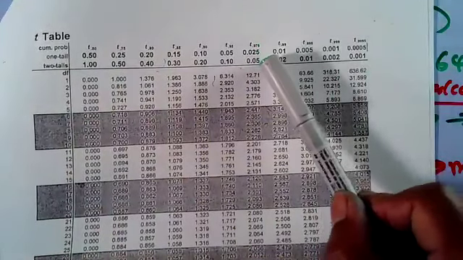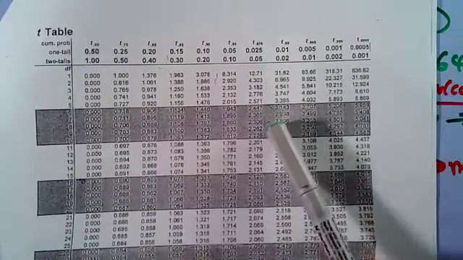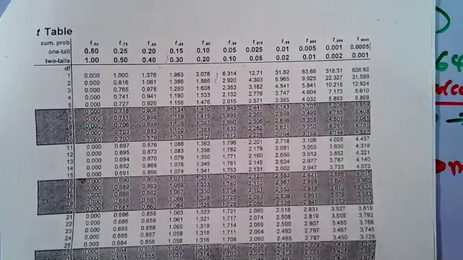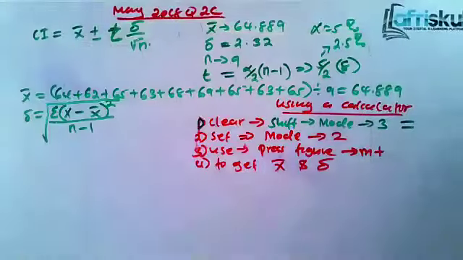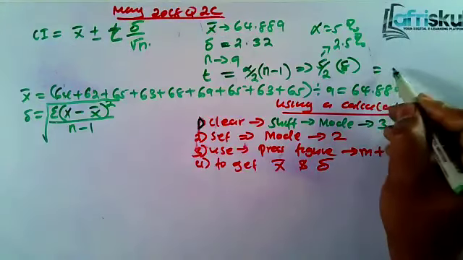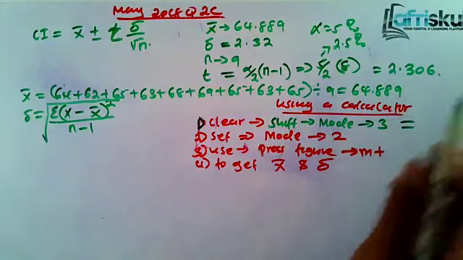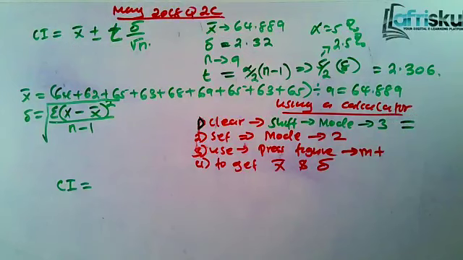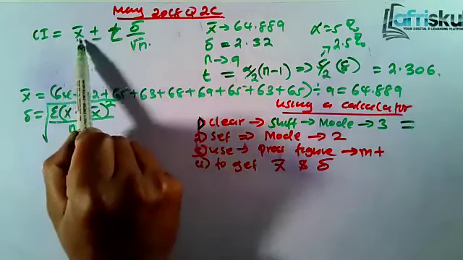0.025 or 5%. And then uteremke mpaka mahali 8 iko. This is 8. There. It's 2.306. This is 2.306. So that means to get our confidence interval, itakuwa x bar, of which we have the x